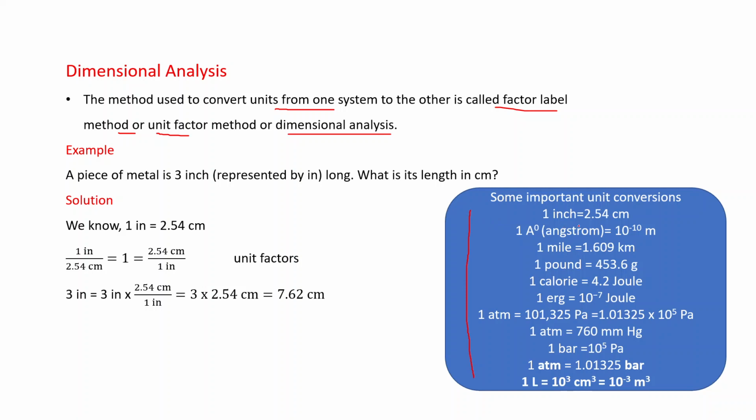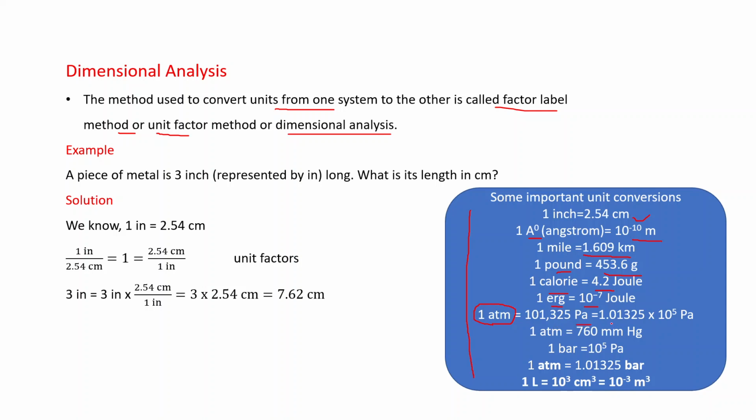1 inch is equal to 2.54 centimeter. 1 angstrom is 10 to the power minus 10 meter. 1 mile is 1.609 kilometer. 1 pound is 453.6 gram. 1 calorie is equal to 4.2 joule. 1 erg is equal to 10 to the power minus 7 joule. And 1 atm, actually this is the unit of measuring pressure, is equal to 101325 Pascal, or we can write